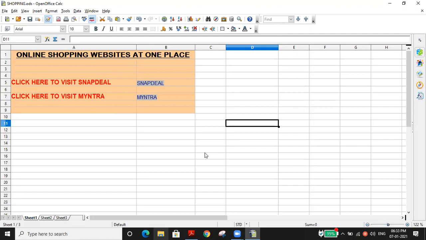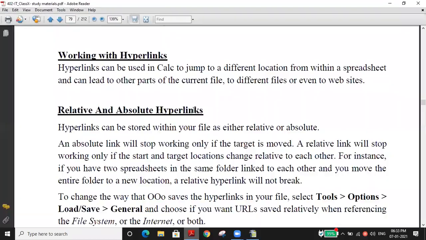Just by clicking that, only one click, automatically the website will open, they can see that. For whatever purpose we can easily create the hyperlink. Dear children, I hope you understand what is the use of hyperlink, how to create the hyperlink, and how to make use of it also. I hope you understand that, isn't it? Yes, sir. Fine.